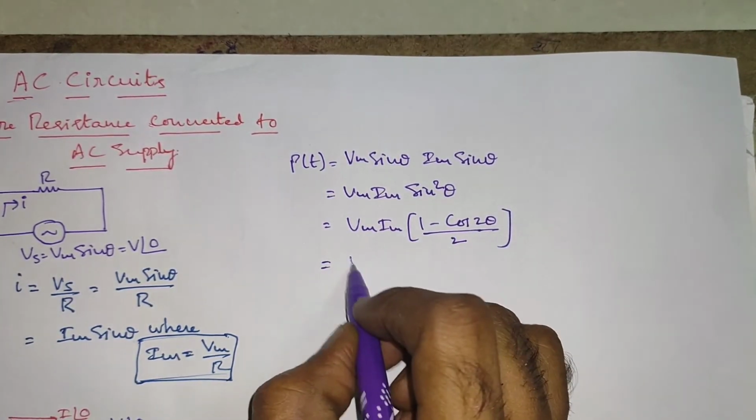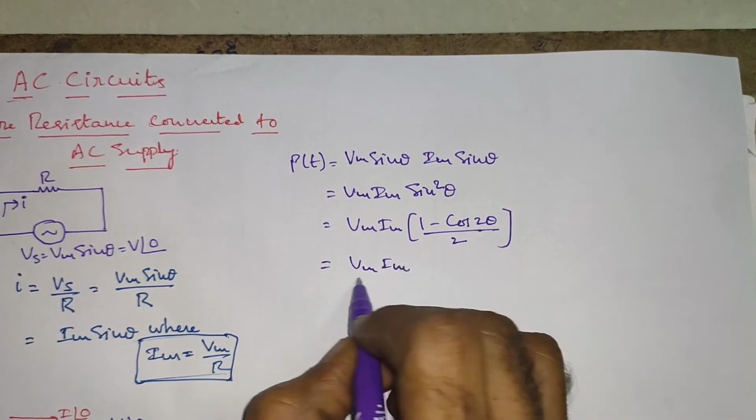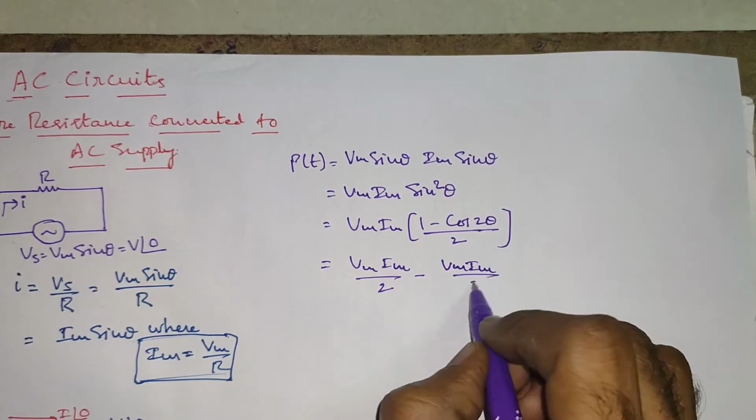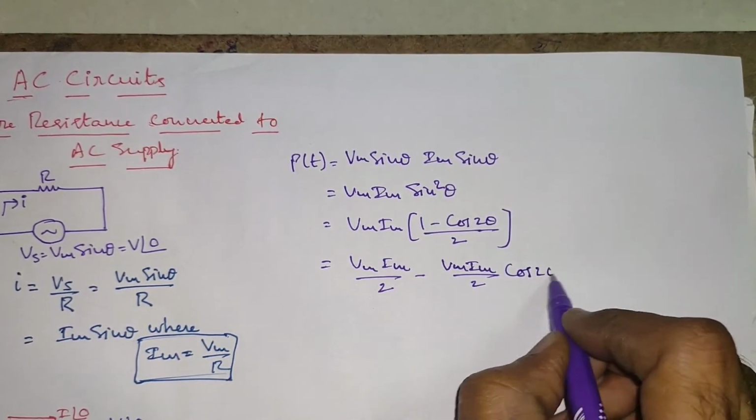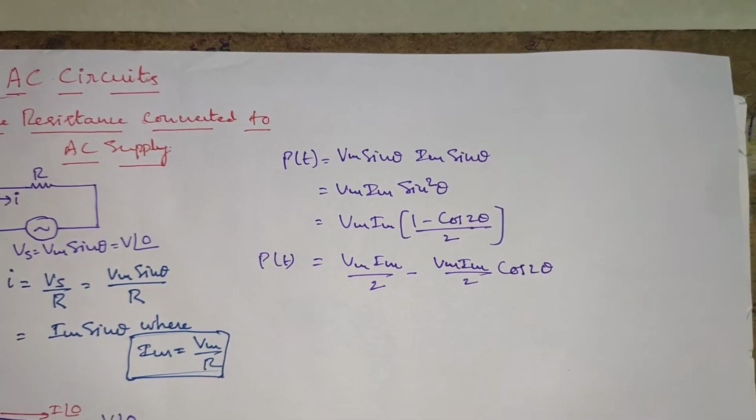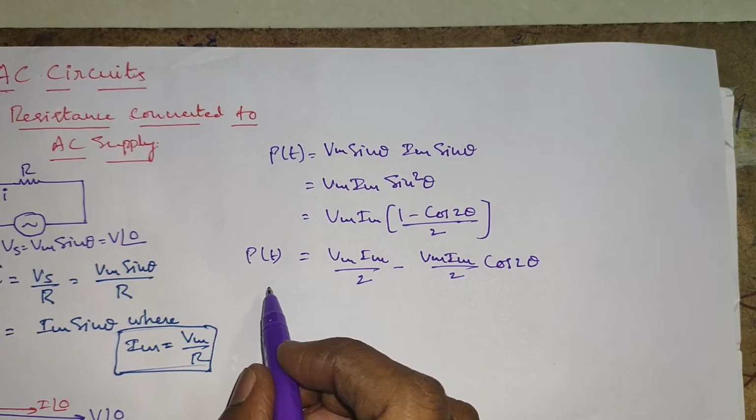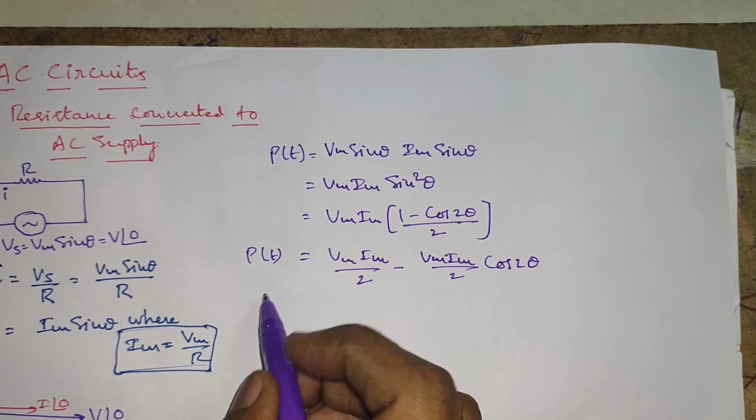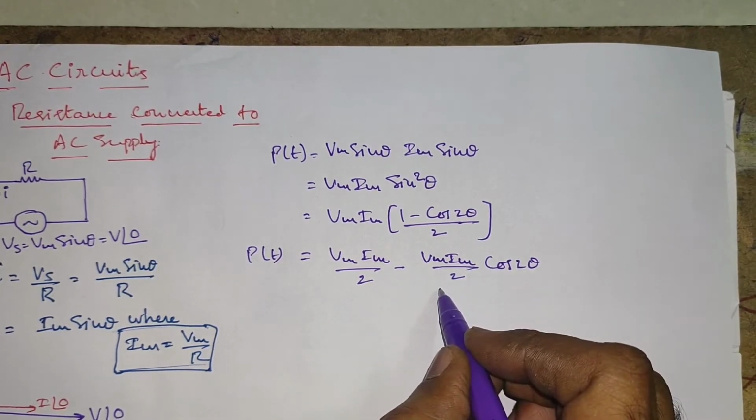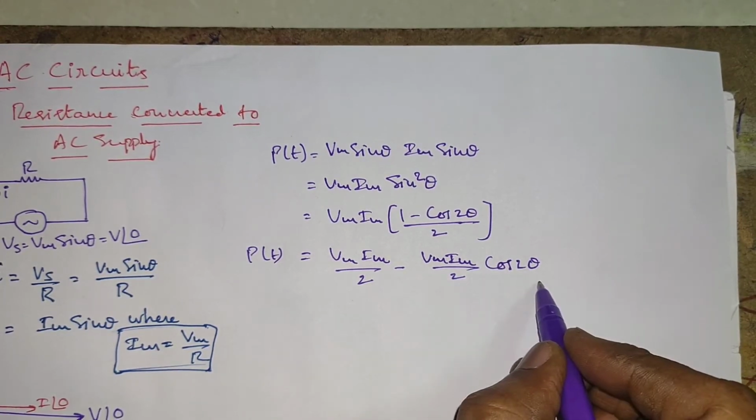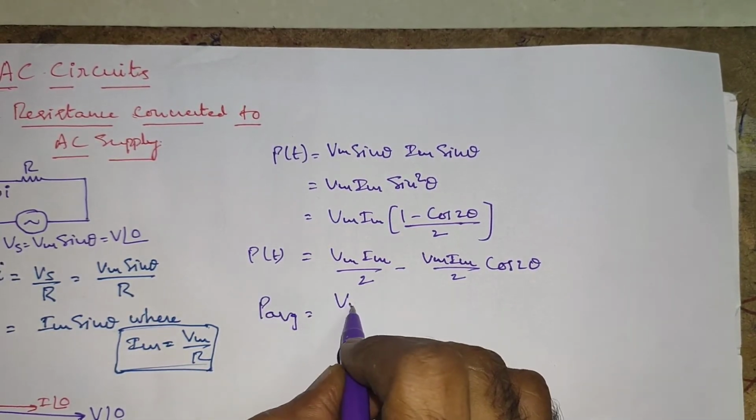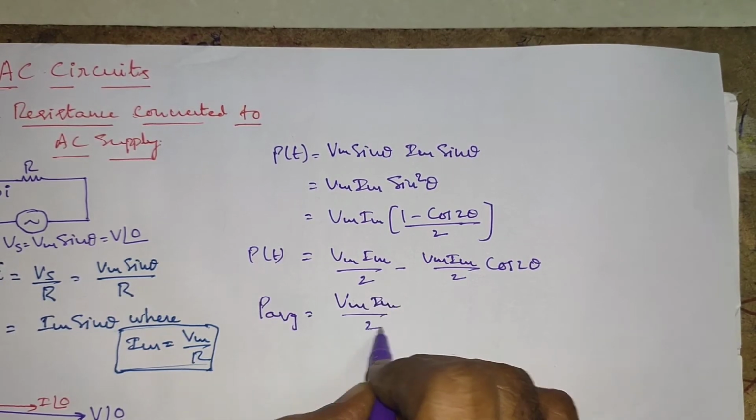and when I split these two terms, we have Vm Im by 2 minus Vm Im by 2 cos 2 theta. This is the formula for calculating the instantaneous power here, and when the average power is calculated for one cycle, this is a constant, so this will remain the same, and when we find out the average power for one cycle for the second term, we are going to have P average is equal to Vm Im by 2 minus,